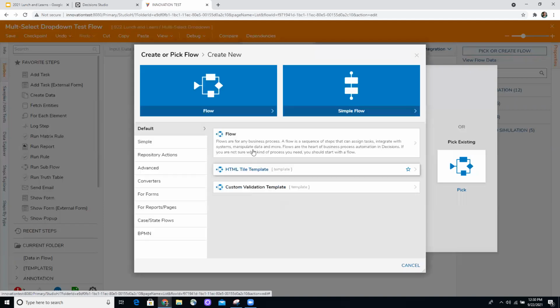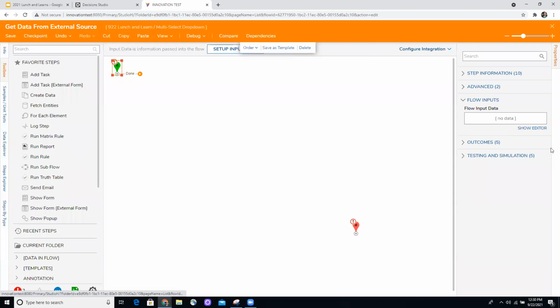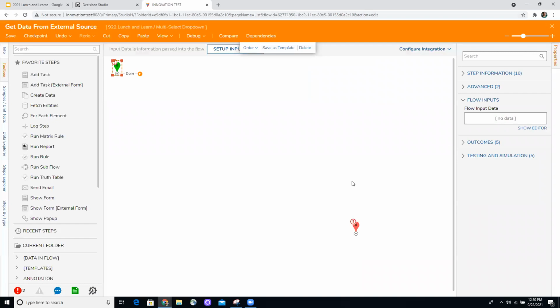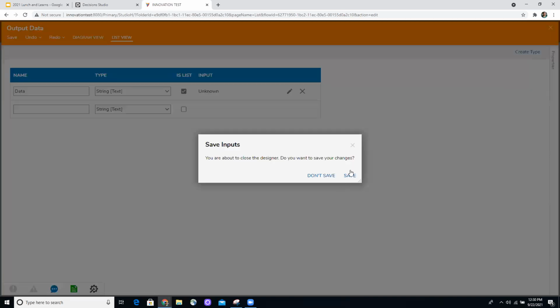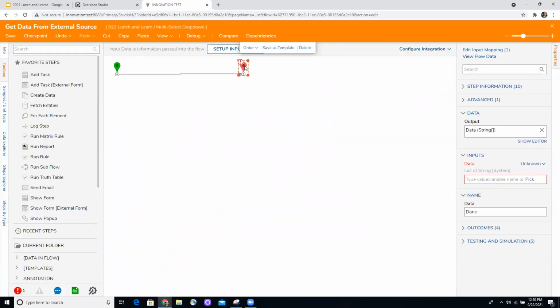We're going to create a new one. Get data from this first one, show editor. Let's say we're not taking in anything. We don't care about this. What we do care about here is this. So let's say I have data, and it's a list of strings. So this is essentially what the flow is going to be.